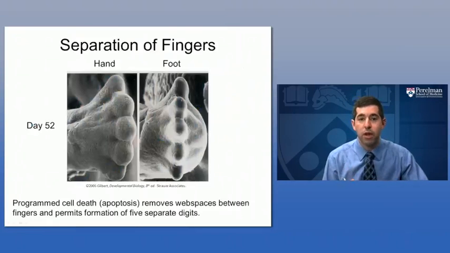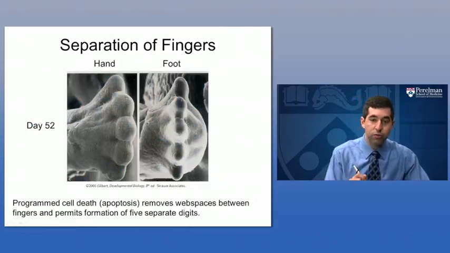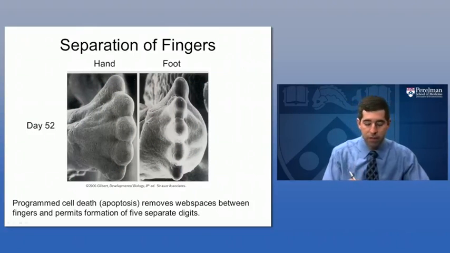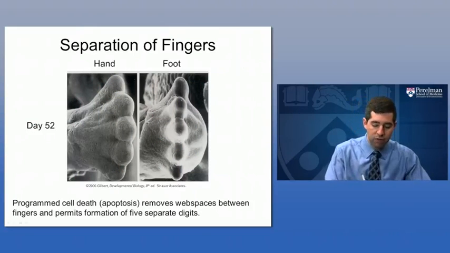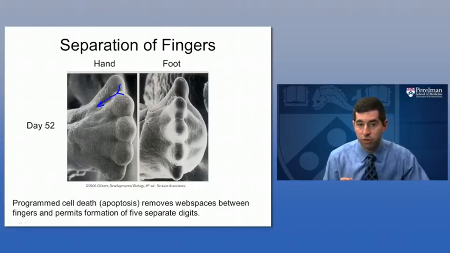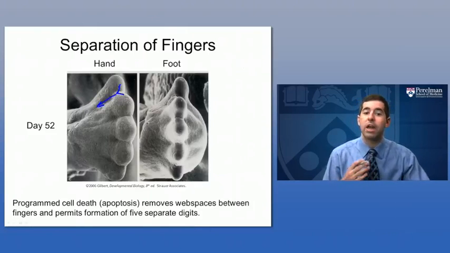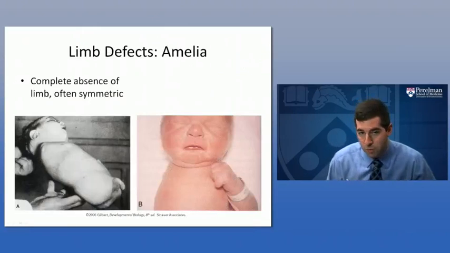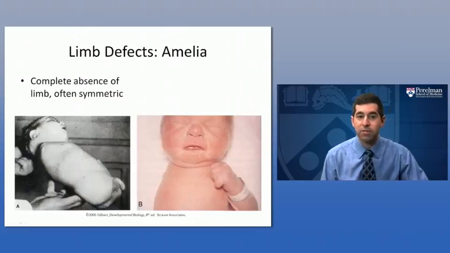We talked about this before, but remember, it's apoptosis or programmed cell death that's going to actually cause the formation of the individual fingers. As the hand or as the foot is developing, we start with a little bit of a notch right at the very distal portion here, but as programmed cell death occurs, growing more proximally between those digital rays, we're going to be able to form 5 separate digits here with loss of those web spaces. So what if this process goes wrong and we don't get proper separation? Well, there are other limb defects. We'll look at some of the things that occur with loss of web spaces, but let's just take a look